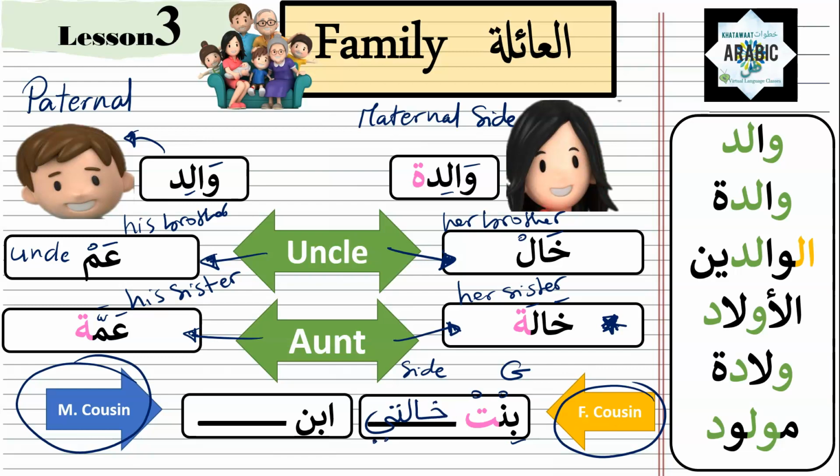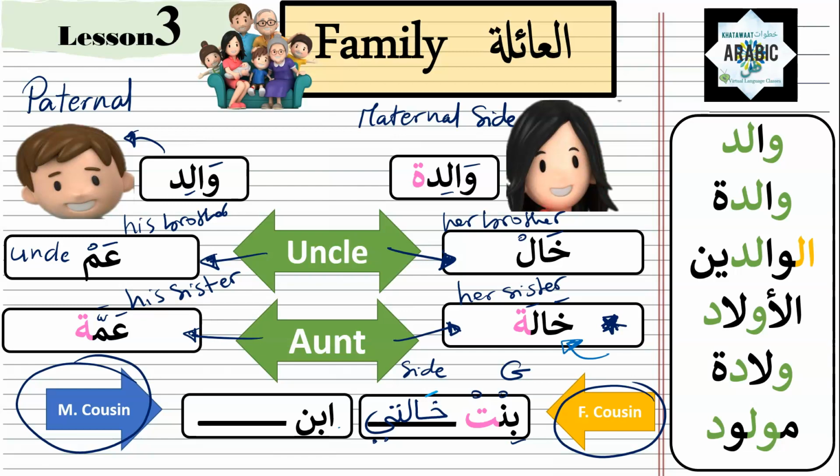Now I'm referring to my mother's side of the family, and my cousin from my mother's side of the family. The Arab culture is a collectivist society, so there are a lot of other family members that we would indicate as we talk about who they are, who they belong to, and there's immediate family members and extended or far family members. So let's go back to saying bint khalati, my cousin from my aunt, my mom's side.